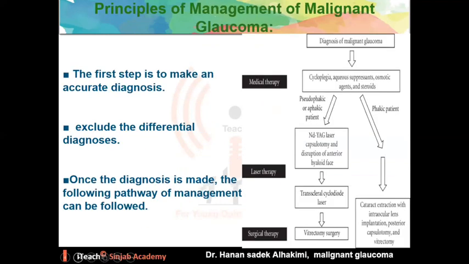Principle of management: after you make an accurate diagnosis and you exclude other differentials, you proceed with the medical therapy, which is cycloplegic, aqueous suppressant agent, osmotic agent, steroid. If this fails and the patient is pseudophakic, you will proceed to laser therapy. If that fails, you will go to the surgical therapy, which is vitrectomy. However, if the patient is phakic, you will proceed directly after the medical therapy to the surgical one, which is cataract extraction with